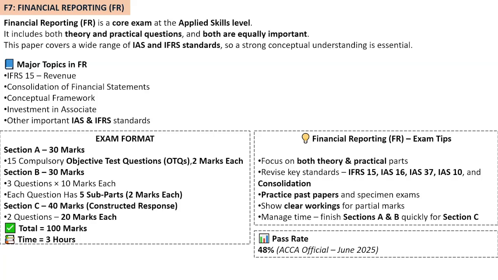The exam tips for financial reporting: you should focus on both theory and practical parts. You should revise key standards IFRS 15, IFRS 16, IAS 37, IFRS 10 and consolidation. You should practice as many past papers as you can, and specimen exams are very important. You should show clear working for partial marks, manage time, finish Section A and B quickly and then save the